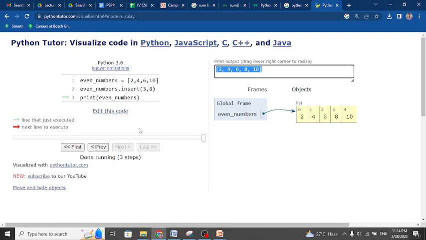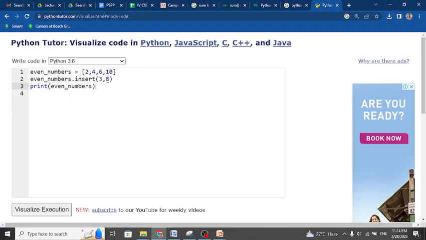When you use insert, you need to specify two arguments: you have to know the exact index at which it should be inserted and the item to be inserted. If you don't want to take this risk and just want to insert the items at the rear end, simply use